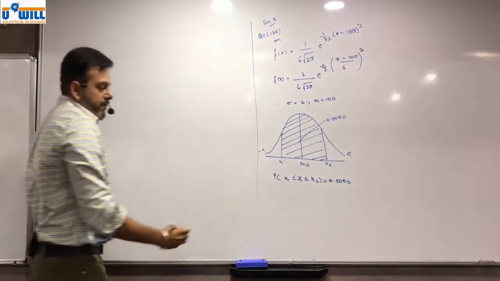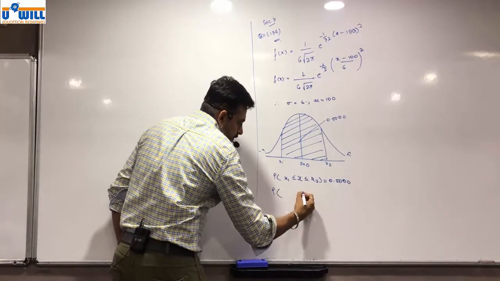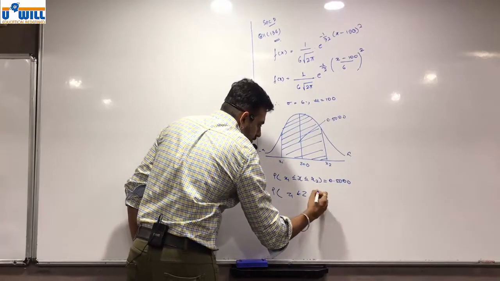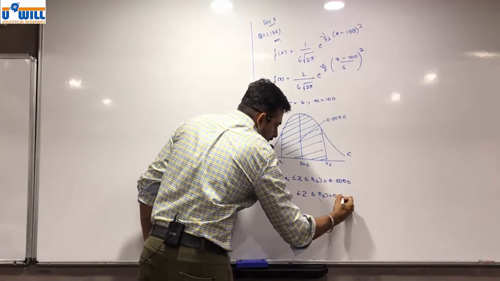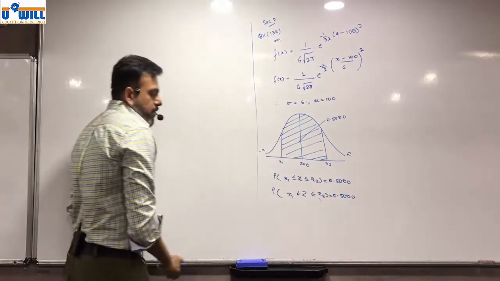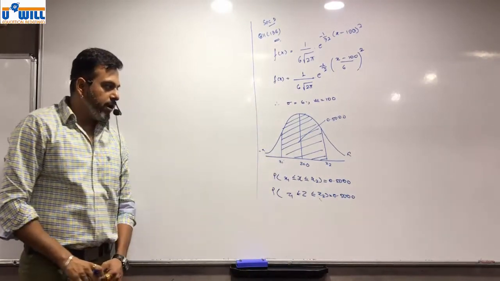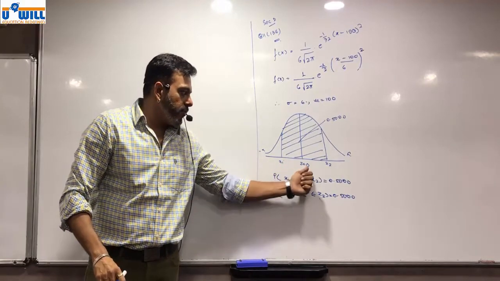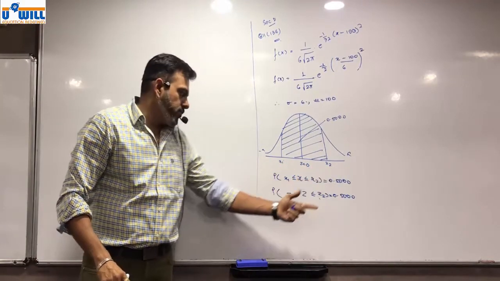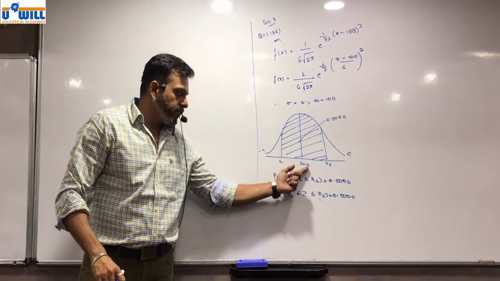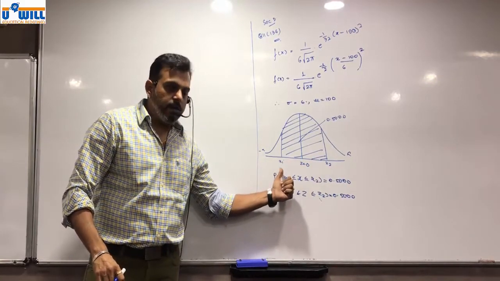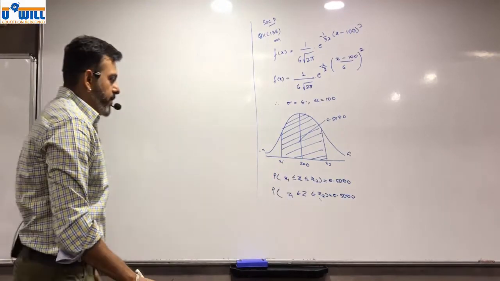Okay. Using z score, probability of z greater than equal to z1 less than equal to z2 is equal to 0.5000. What equations can we make? z1 to 0 and 0 to z2. z1 will be negative. Understood this? So we make the equation